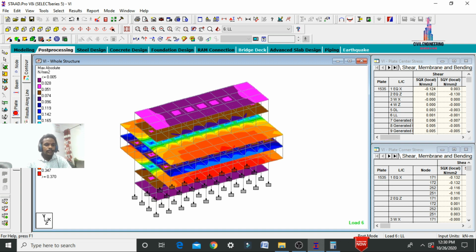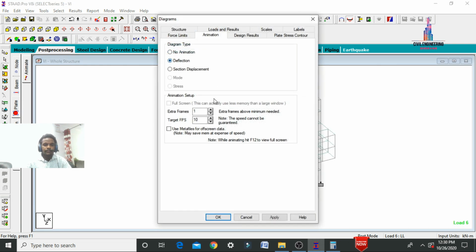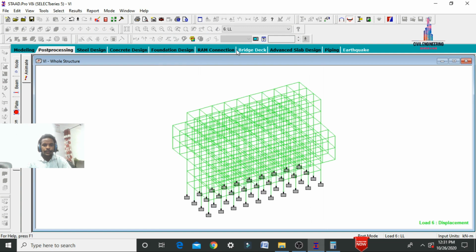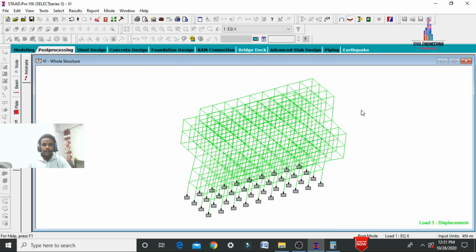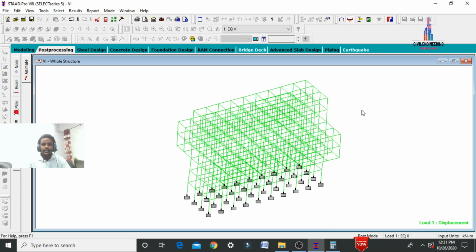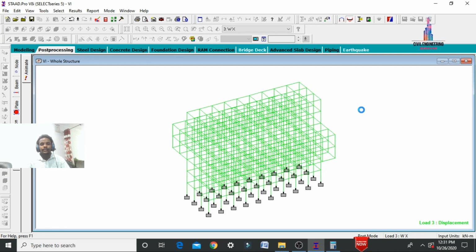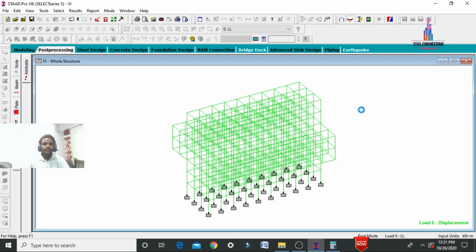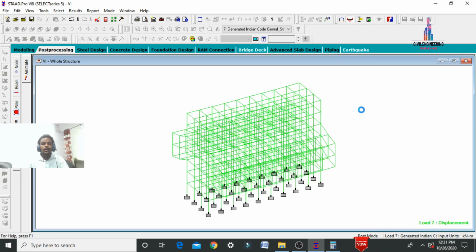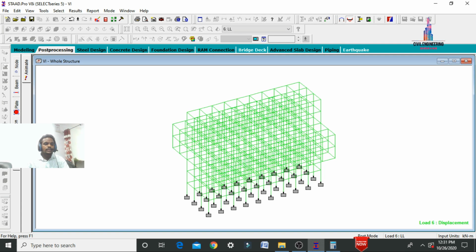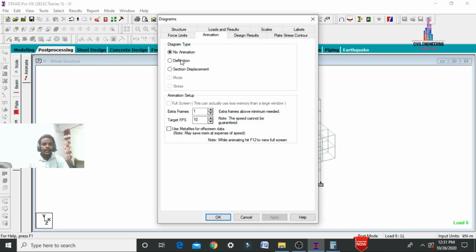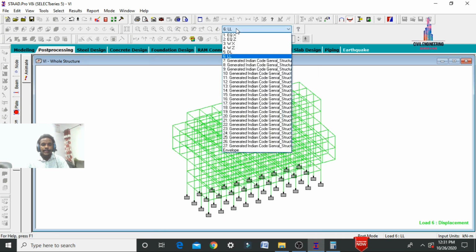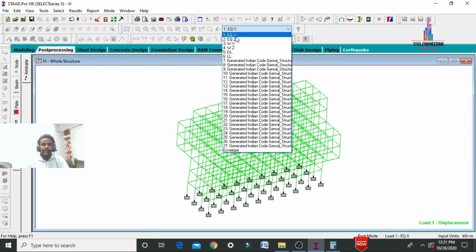Okay. So after that, go to select animation, select deflection, apply, OK. So due to presence of the earthquake load x direction, the building will deflect in this respected x direction case like this. This is z direction, wind load x direction, z direction, dead loading condition and live loading condition, and this is the combination loads. Okay. Now select the animation again, select your section displacement, apply, okay. Section displacement diagram is showing here like this.